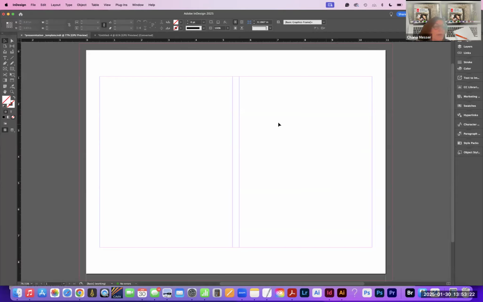Now we can start looking at what I have. So this is the beginning. What do I want to do? I want to start doing some kind of design. So I might go to my page panel